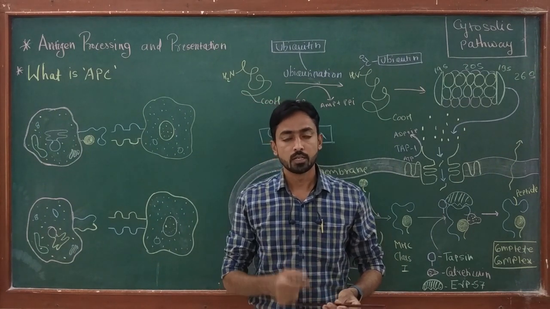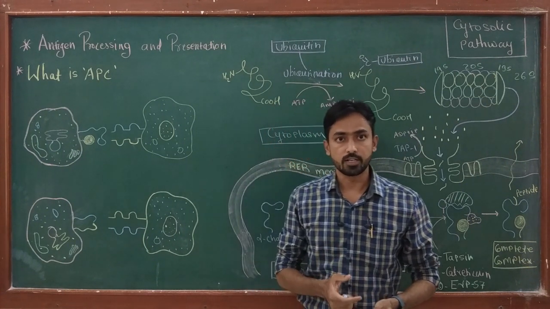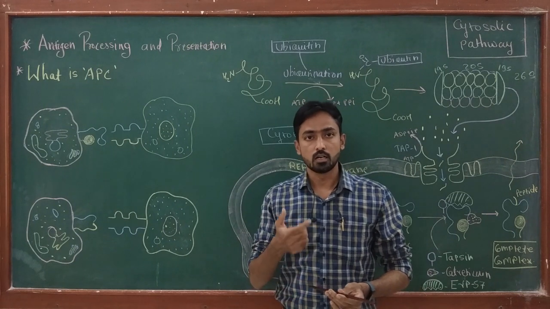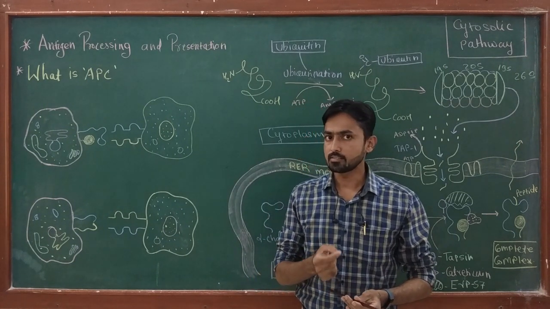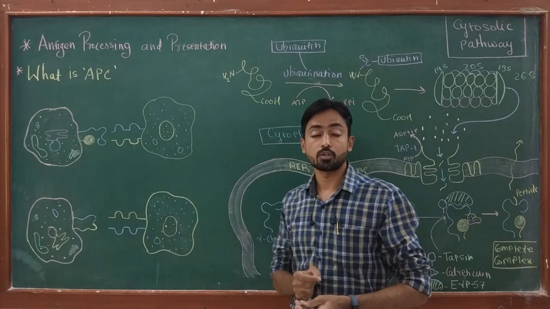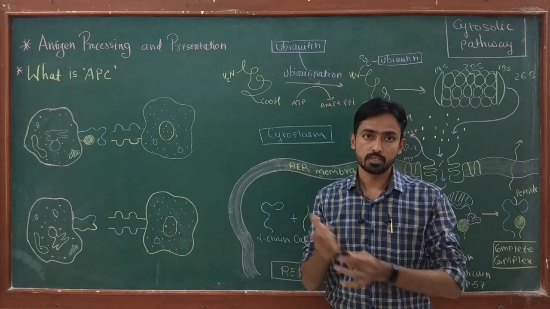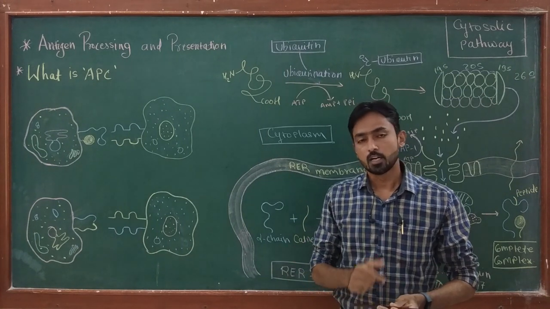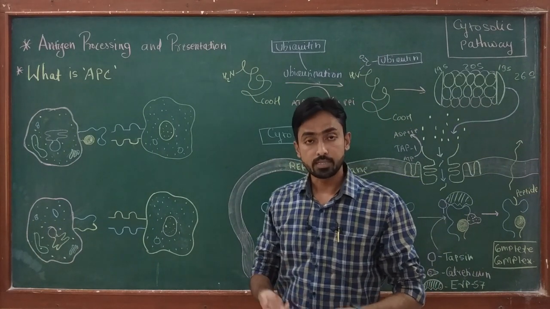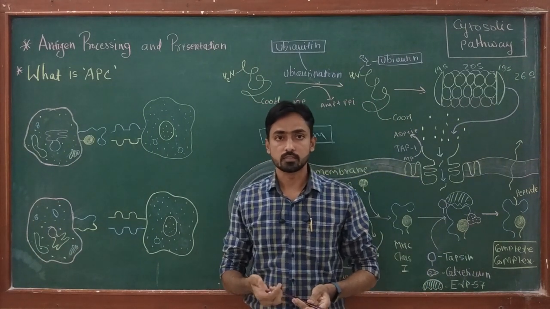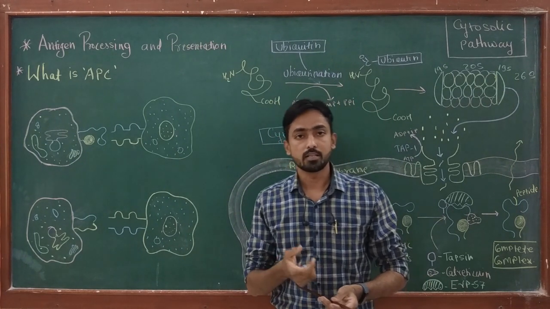Two different types of antigen presenting cells work in the animal body: professional antigen presenting cells and non-professional antigen presenting cells. Three important types of professional antigen presenting cells are studied: phagocytic cell, B cell and dendritic cell. Out of these three, the dendritic cell is the most important antigen presenting cell, which presents the antigen to both T helper and T killer cells. Non-professional antigen presenting cells include epithelial cells, vascular cells, some glial cells of the brain and beta cells of the pancreas.